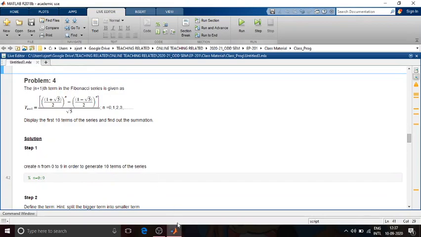After this, I am just moving to problem number 4. Problem number 4 is the n plus 1th term of the famous Fibonacci series, given as this one. So you know about the Fibonacci series. The Fibonacci series starts from 0, 1, then the next term is basically the summation of the two previous terms. So 0, 1, 1, 2, 5 and